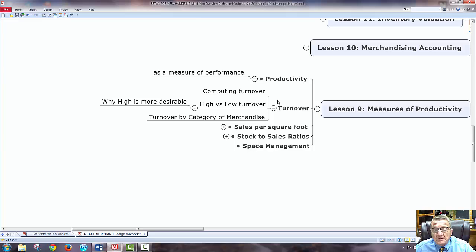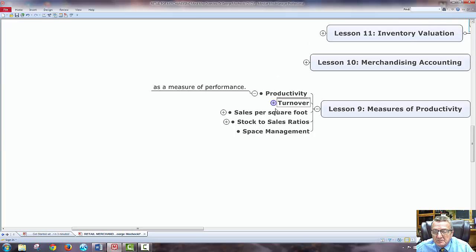Now, the next one we go, and remember, I'm just giving an overview. We'll talk about it. All this is going to make you think, if you're a business owner going into that, how do I act, or my first job, I'm going to go into retailing. Most people do start off in retailing. There's a high number of retailers out there. And I'm going to go in there, how could I sell myself, and say, hey, I've taken some classes, I have a general idea. Now, the other thing,